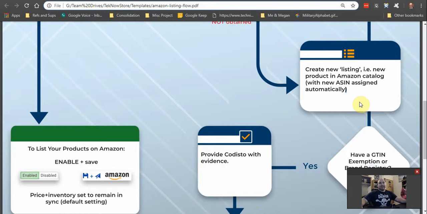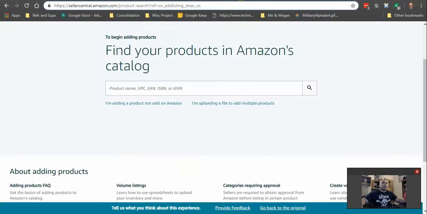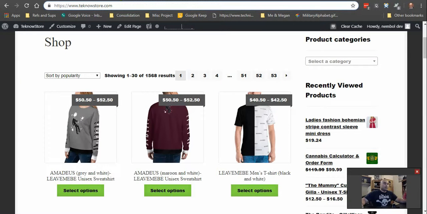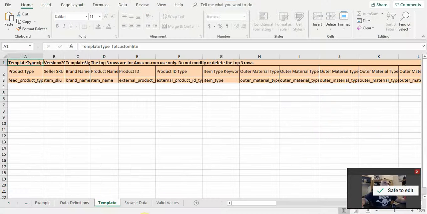But if that's not the case and I have to create them manually to get a new ASIN number generated, it could be very tedious. It took me about 15 minutes last night to create one product manually inside Amazon. It actually came out pretty decent. I was going to show you, but I guess I'm going to lose my thunder if I do. But anyways,